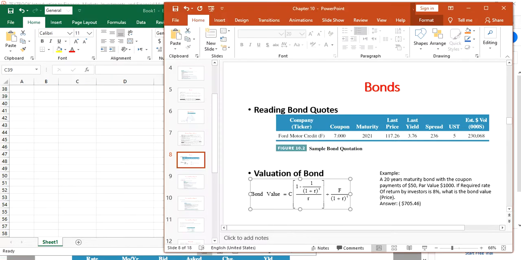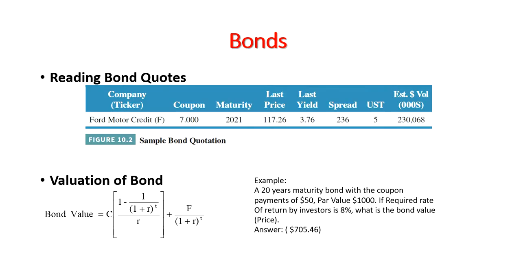Okay, let me go over the formula before I get into the example. So bond value is C. C is coupons. What do we mean by coupons? If the coupon rate is 7%, we mean $70. If the coupon rate is 5%, we mean $50. Okay, now we have a parenthesis over here, 1 minus 1 divided by 1